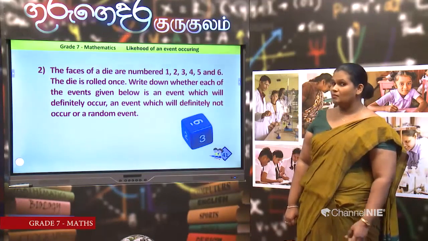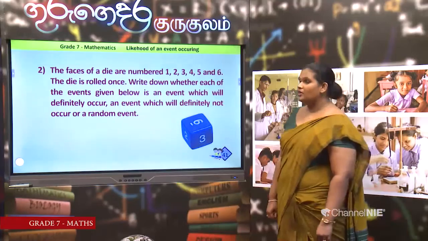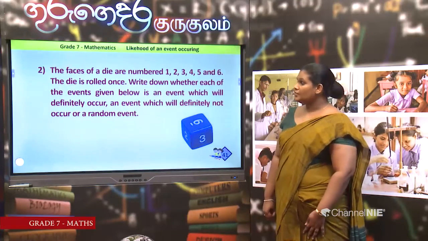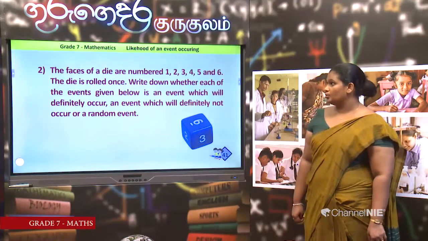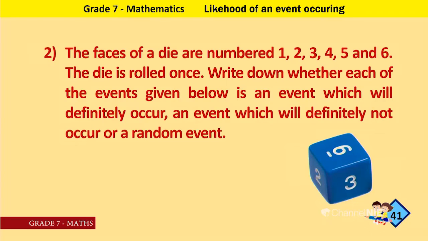Right. This is question number 2. So, first we will read the question. The faces of a die are numbered 1, 2, 3, 4, 5 and 6. The die is rolled once. Write down whether each of the events given below is an event which will definitely occur, an event which will definitely not occur, or a random event. Right. Once again,